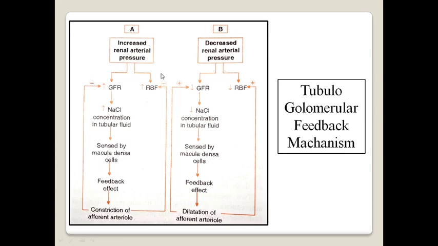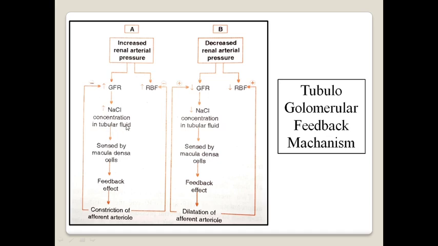More and more blood will flow into the renal artery, into the afferent arteriole. So more and more hydrostatic pressure will generate in the glomeruli. So more and more glomerular filtration will occur, and more blood will get filtered out of the glomeruli into the Bowman space. So GFR will increase. So more and more solute will come into the Bowman space. Solutes are mainly sodium chloride, potassium, etc. ions. So sodium chloride concentration in the tubular fluid will get increased.